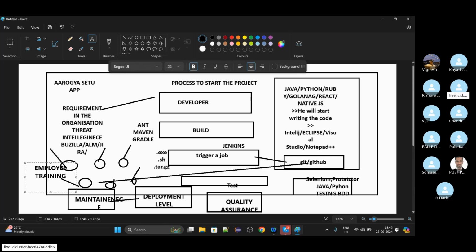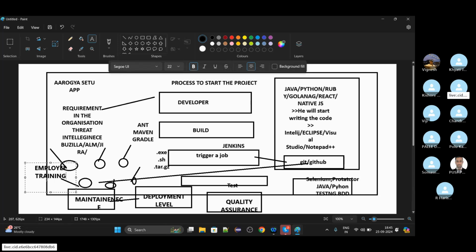Employee training means you have to train the employees who are already available in SBI itself. It is not the organization's responsibility to decide whom they will give it to. It is completely SBI's headache.